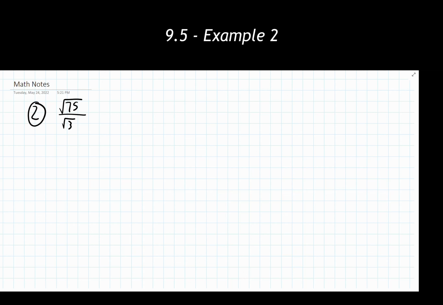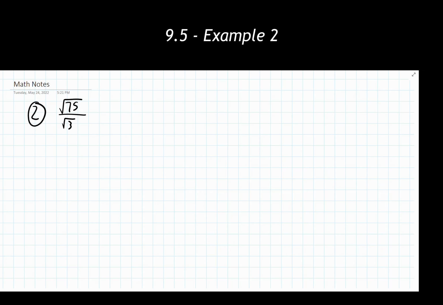For example 2, we are starting off with a fraction of the square root of 75 divided by the square root of 3. Now neither of these things currently are perfect squares. 3 certainly isn't, and 75 certainly isn't. I could, if I wanted to, break the square root of 75 down and use the factor tree to see if I can simplify anything inside of that. Maybe cancel some things inside here, maybe put something out front here. It is an option that's available to us. But we are going to try using the quotient rule to see if that's going to give us a different answer, or get us to an answer maybe a little bit faster.